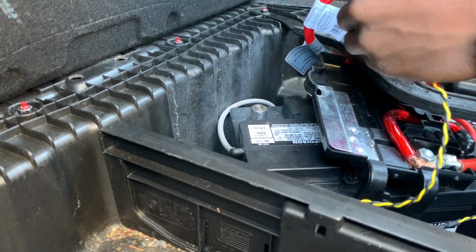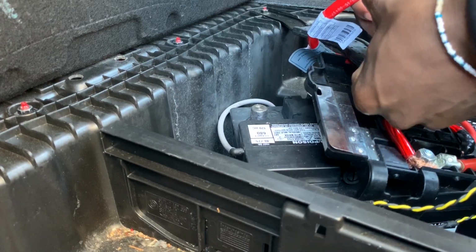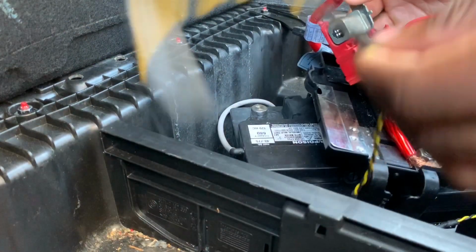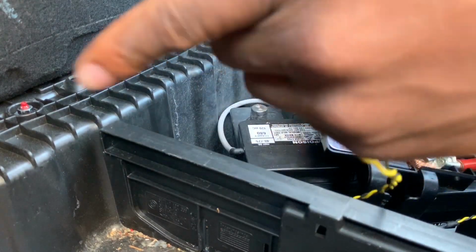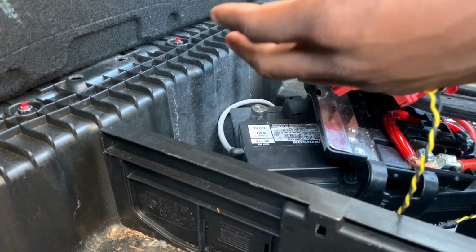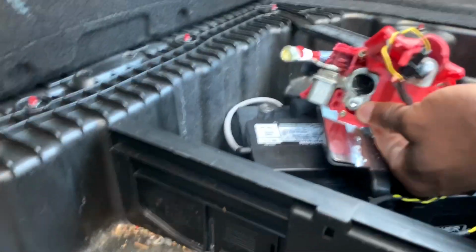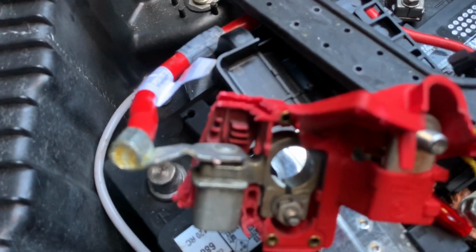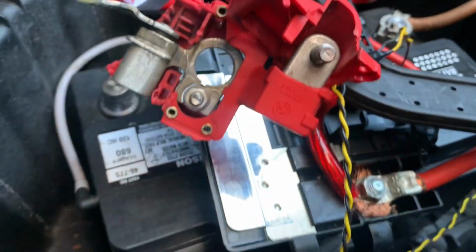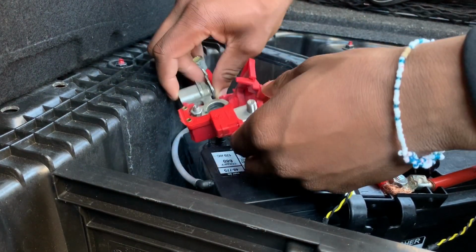But yeah, so basically what happens is when the car gets into an impact strong enough for the airbags to blow, this is actually what the airbag's connected to. Once it senses the airbag's blown, this sends a charge into this right here, and it basically has this mechanism that explodes. And what will happen is this piece right here, as you can see, it's two pieces. Let me bring you guys closer. It's actually two pieces, and basically the mechanism explodes and this piece comes out. And what that does is shuts all the power off to the engine, so that way